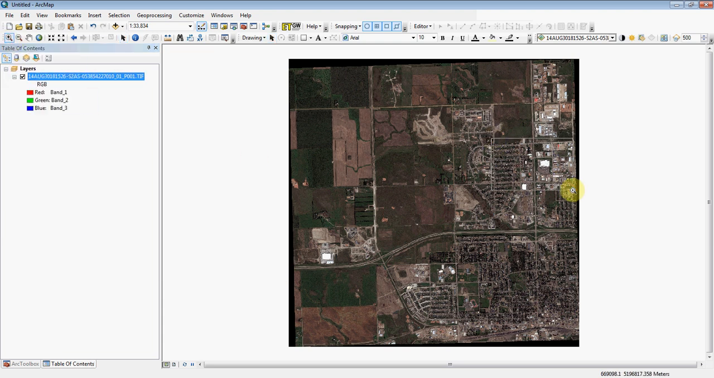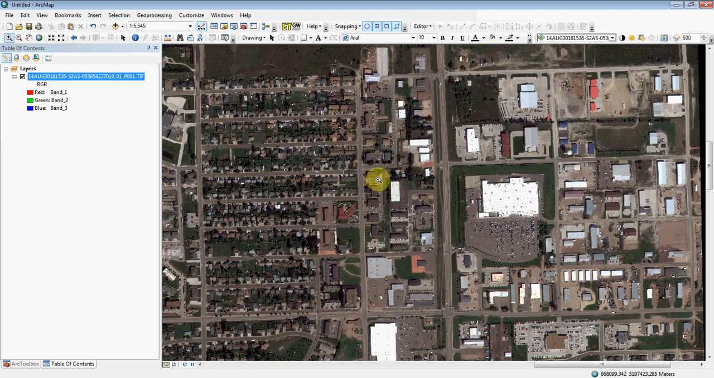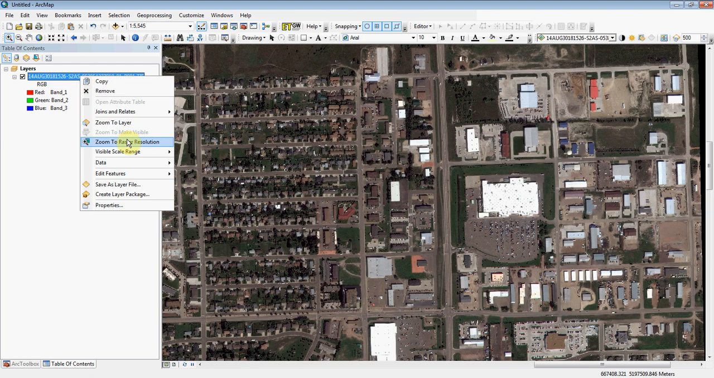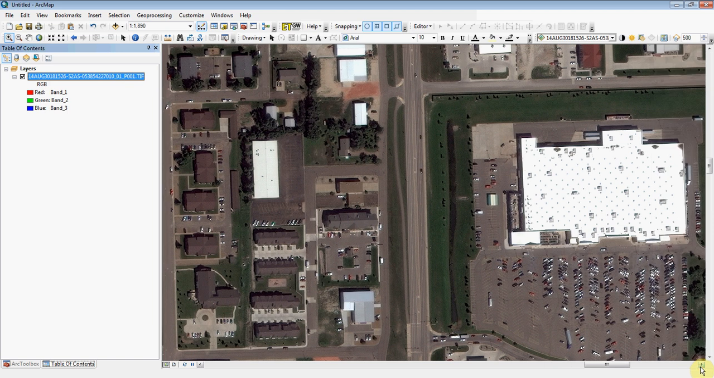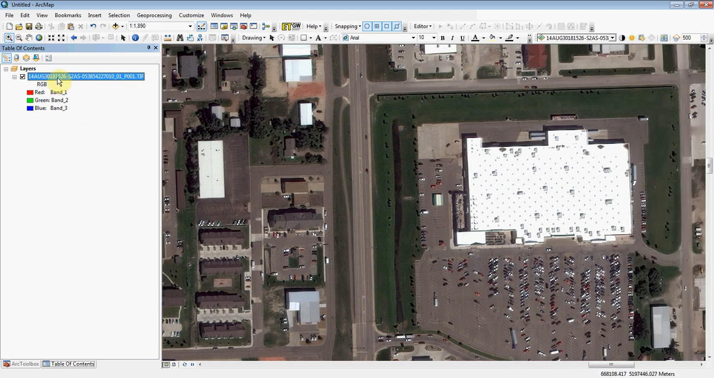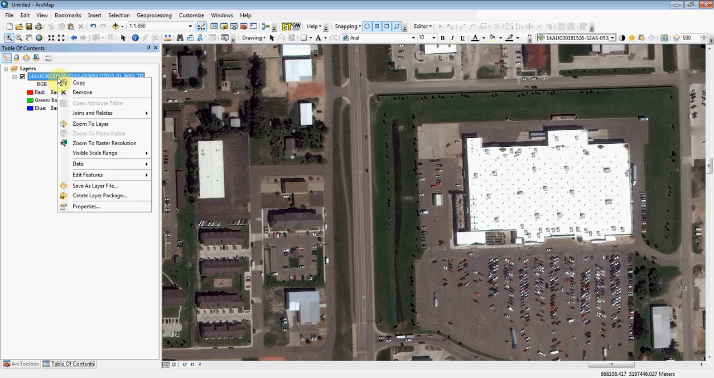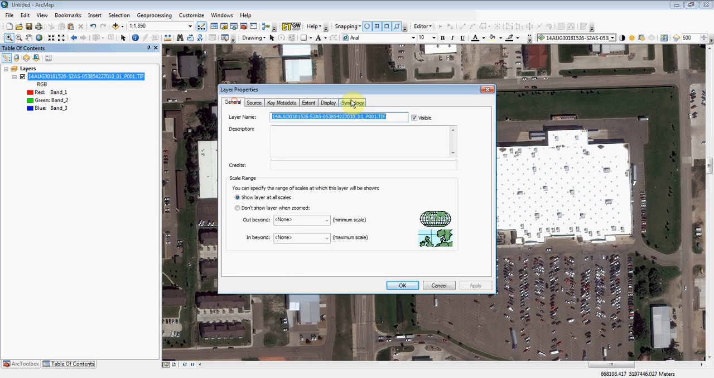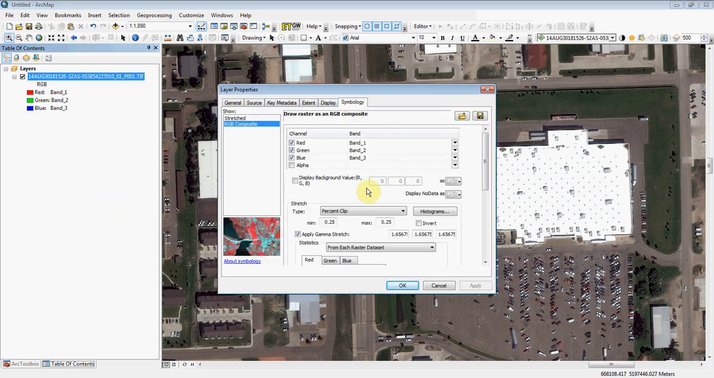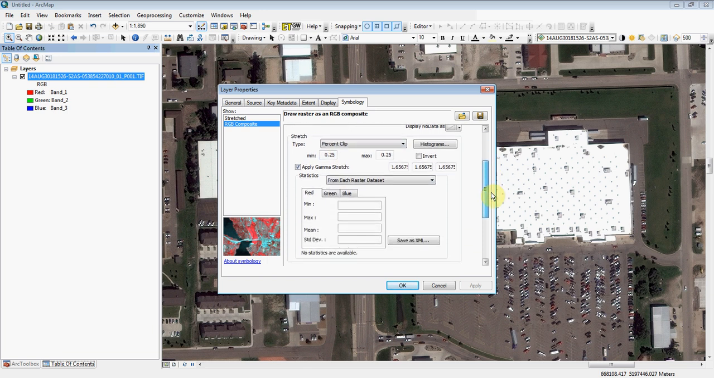So let's zoom in on the data set here, zoom into an area that has some features, and then let's zoom down to the raster resolution. And so you get a sense of what our user's data looks like. Now let's right click on this data set, the name of it, go to the properties, and then you're going to want to go to the Symbology tab, which is over here. And you're going to see here, this is where the information about how the data has been color balanced or